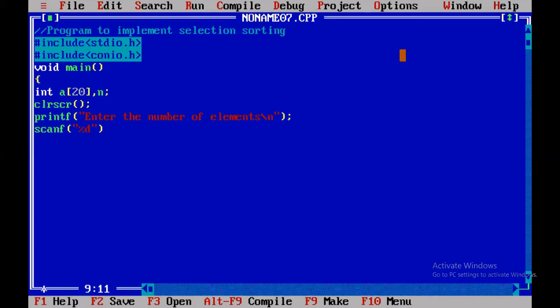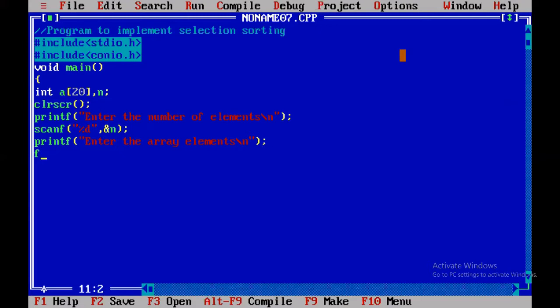Then I'll read the value of n: scanf("%d", &n). After knowing the number of elements, we are going to read those elements and store them in the array A. So I'll ask the user to enter the array elements, \n.